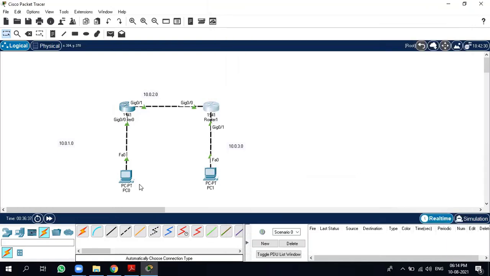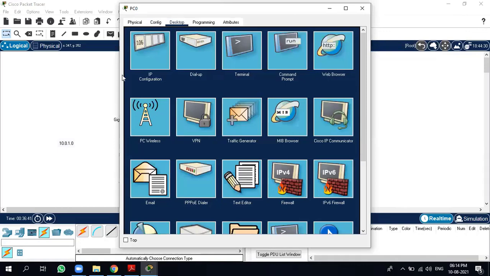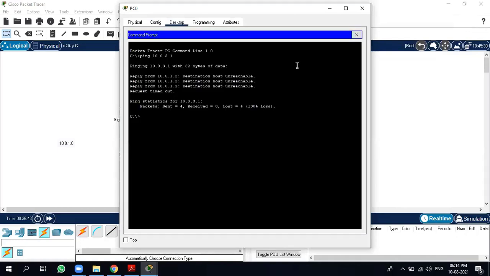Now let us again check whether both devices are communicating with each other or not. So open the command prompt from PC0, use the same command. Now let us see what's happening. We are requesting this IP address from our first device.